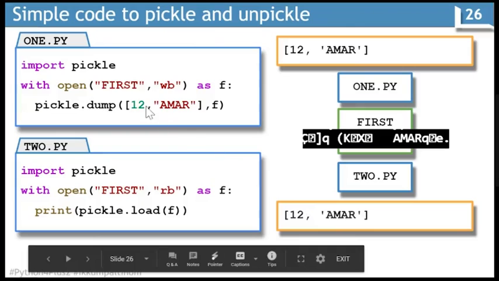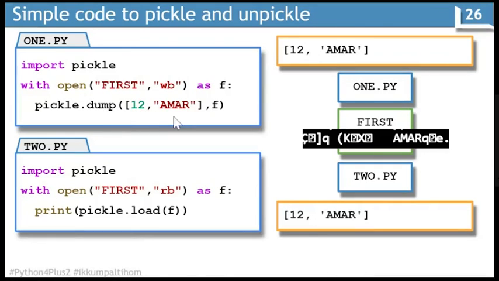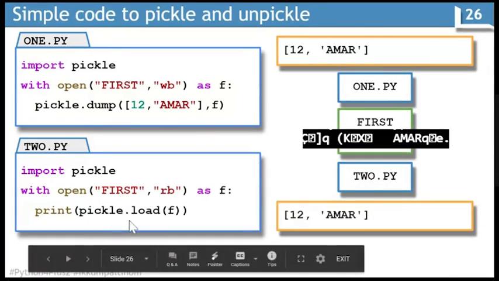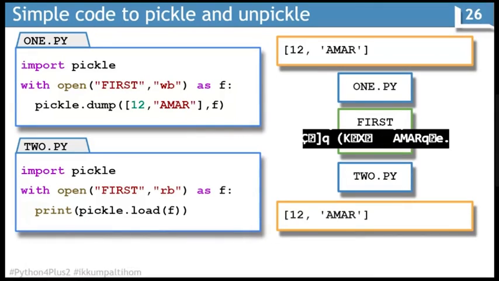So dump is used for saving the content and load is used for retrieving the content back from the pickle or binary file. It is very important for you to know that whatever way you have created the file, you will be able to retrieve the file exactly in the same manner in the binary file. So saving the file is known as pickling the file, and retrieving back from the binary file is known as